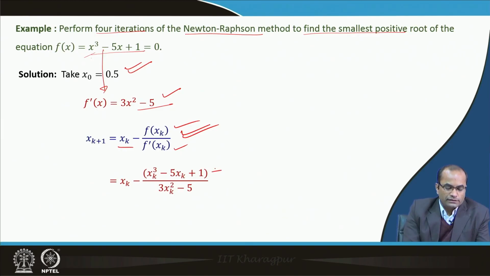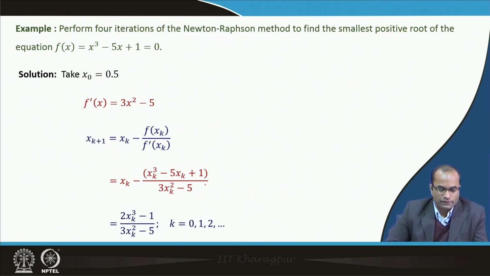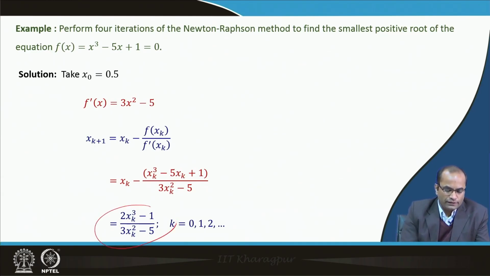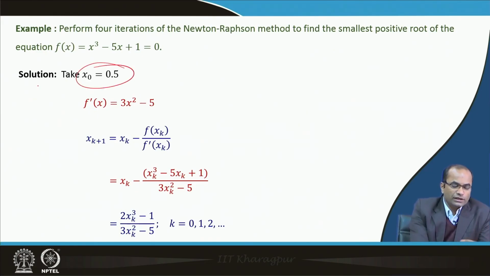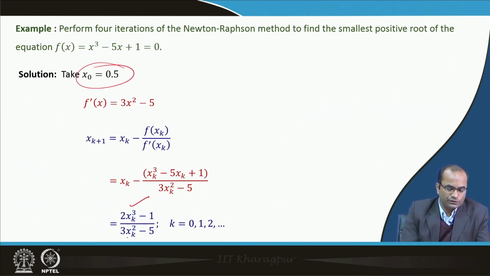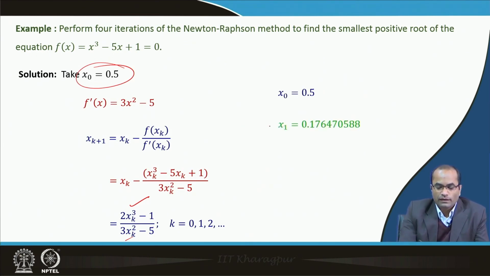In f x we replace x by x k, so we have x k cube minus 5 x k plus 1, divided by 3 x k square minus 5. We can simplify this, and we finally have x k plus 1 is equal to 2 x k cube minus 1 divided by 3 x k square minus 5, where k can go 0, 1, etcetera. Taking the initial guess x 0 equal to 0.5, we substitute here and get x 1, which comes out to be 0.176